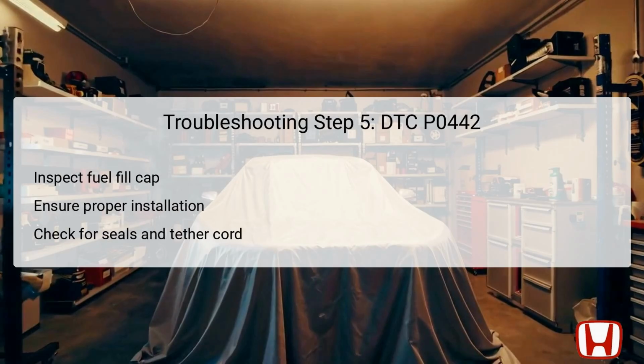The fifth troubleshooting step involves inspecting the fuel fill cap for proper installation and functionality. The cap should be securely tightened, ideally with the indication that it is meant to click into place after tightening. The cap seals should be intact and free of wear, ensuring they firmly engage with the fuel fill neck. Special attention should be paid to the tether cord, ensuring it is not caught under the cap, as this can